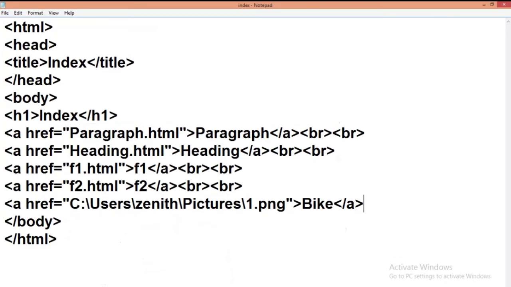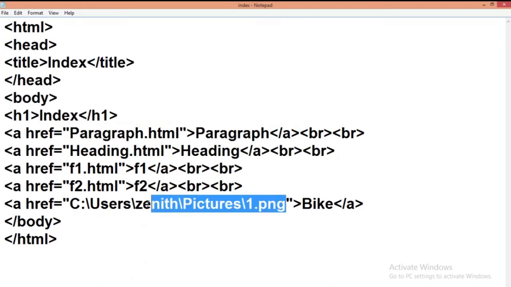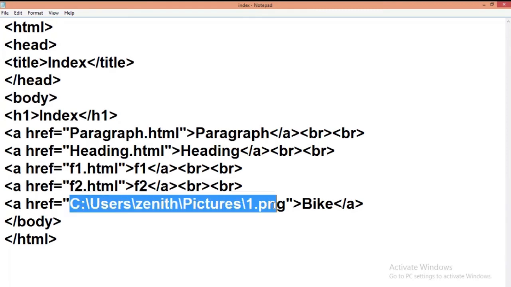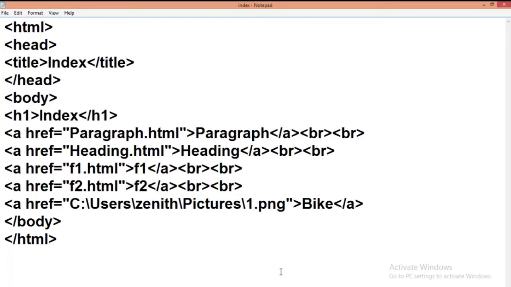So here two types of addresses are available. One is a relative address and the second one is an absolute address. Now it is your turn to practice all the HTML examples and create different types of files and web pages.